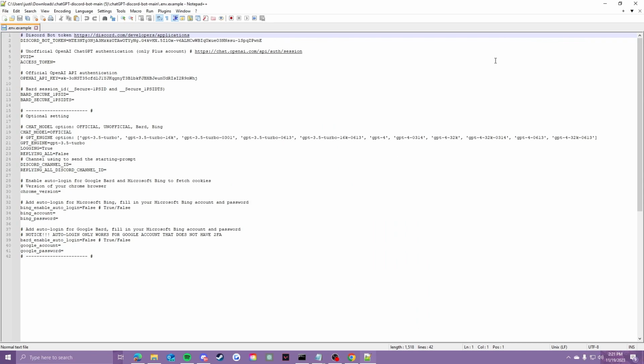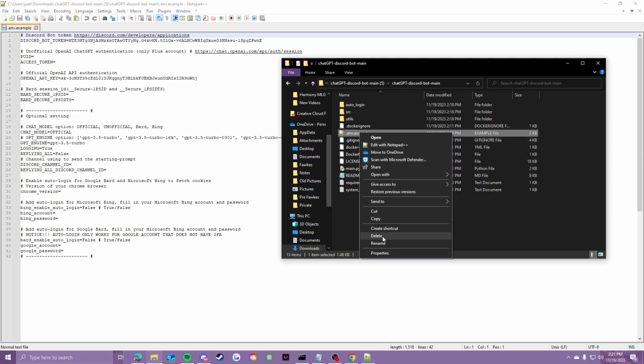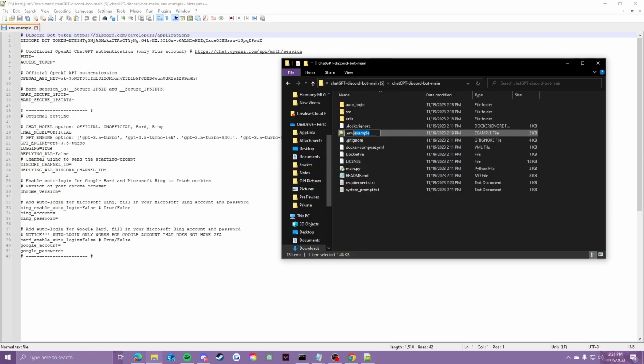Okay, guys. So once you have that done, you have your Discord bot token and your OpenAI API key, you're pretty much good to go in terms of the ChatGPT front. Once again, if you want to do Bard and have it free, it's a little bit extra work in my opinion, but check out my next video on how to do that. Once your chat model is set on official, if it's Bard, just check Bard, replace this with Bard, and then the main thing you're going to want to do before you get really into the center of it all is take out that .example line of text from the env, hit enter twice,